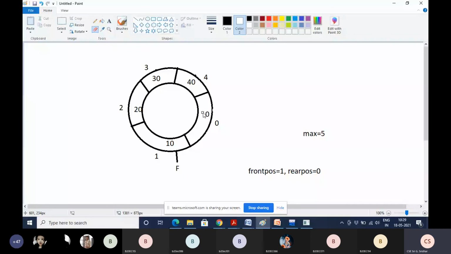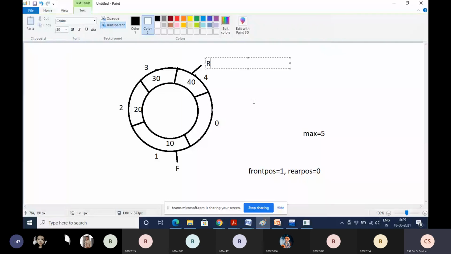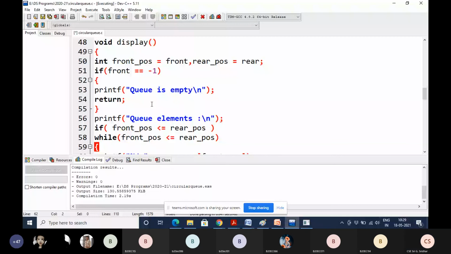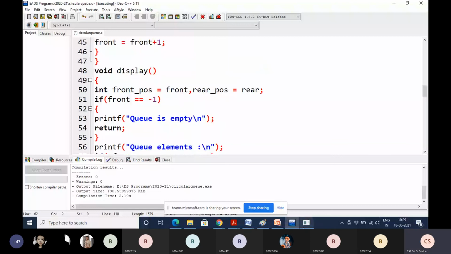If it is like this, see here, front position is front, and the value is 1.